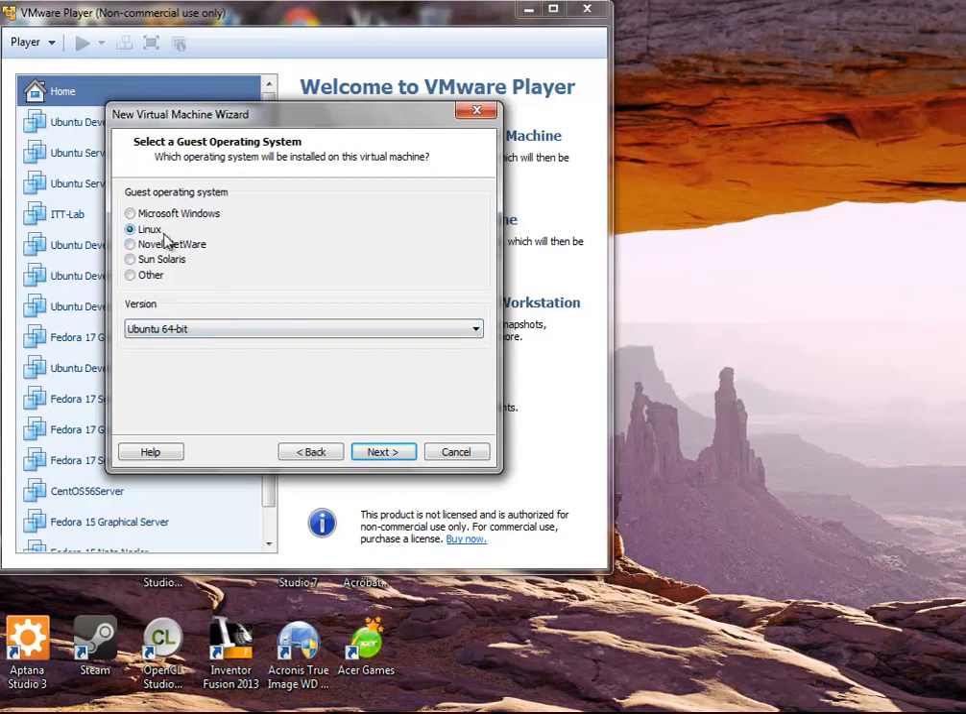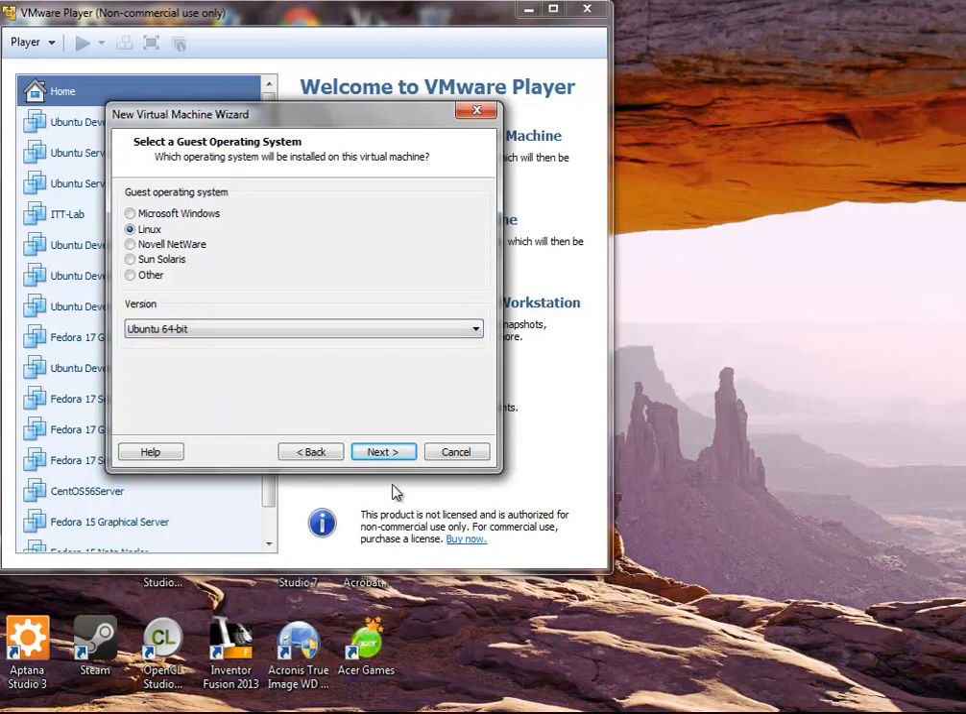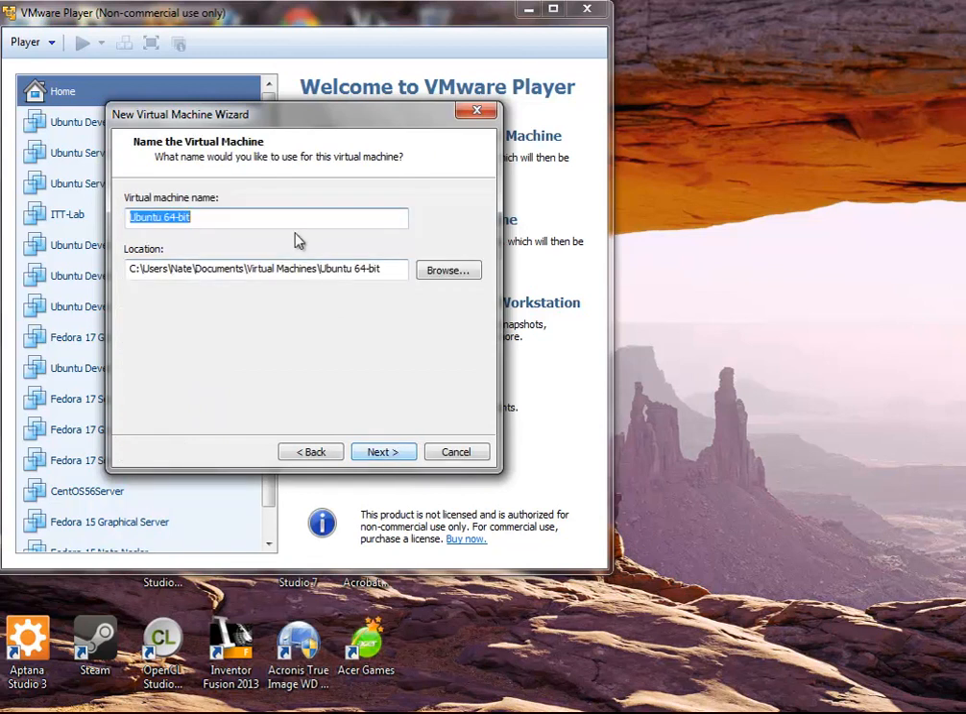So it detected it. It's going to be Linux, Ubuntu, 64-bit, or it didn't detect it, and that's just what I did last time. So anyways, Linux, and then you're going to come in through here, and you're going to find Ubuntu 64-bit right here, and you're going to select that. Next, I'm going to call this Ubuntu 12.04 64-bit